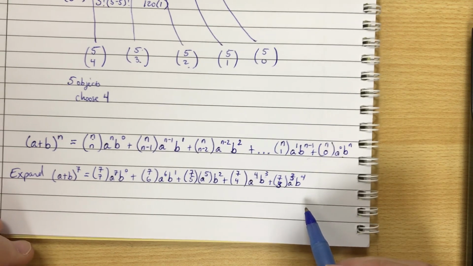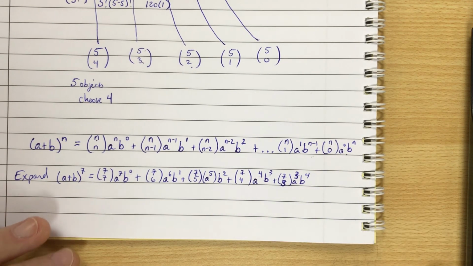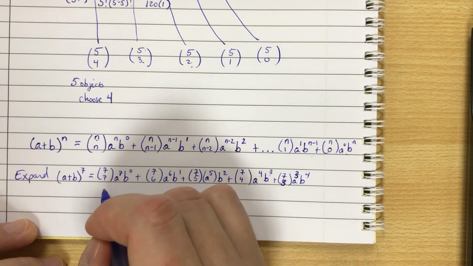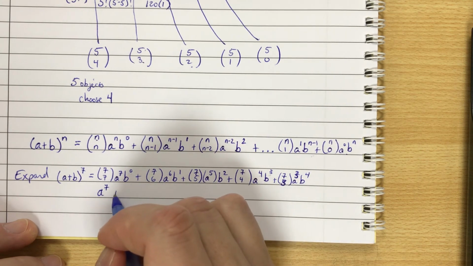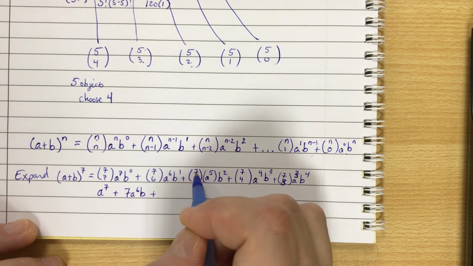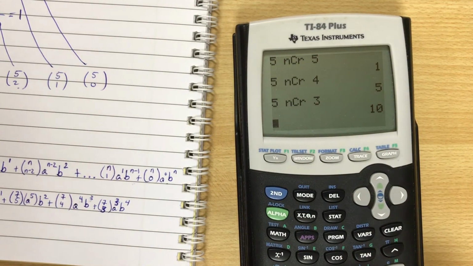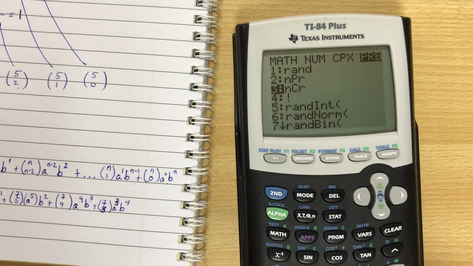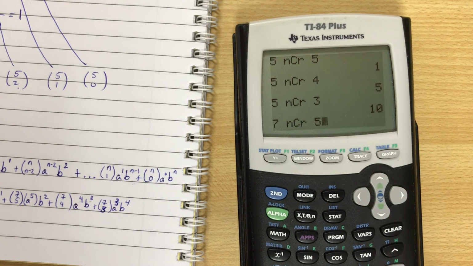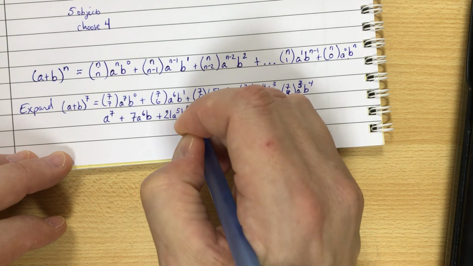And we keep going. Okay, so I would be able to work this out. And I would have 7 choose 7 is 1. So I would get a raised to the 7th power, b to the 0 is 1. This would be 7 a to the 6th b. Now this, I think, is 21. Let me check. So if I want to do 7 objects and I choose 5 of them, 21, good for me. So that would be 21 a raised to the 5th, b raised to the 2nd,